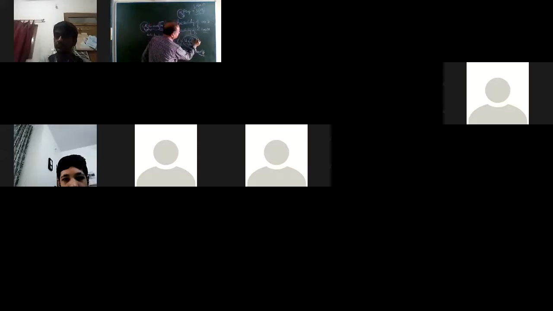NaOH, this is the base. To neutralize this base, we need 1 HCl. So NaOH, its acidity is 1. That's the definition: the number of HCl molecules needed to neutralize a base. NaOH has 1 OH. To neutralize that 1 OH, we need 1 HCl. Therefore, its acidity is 1. So, basicity of an acid and acidity of a base.